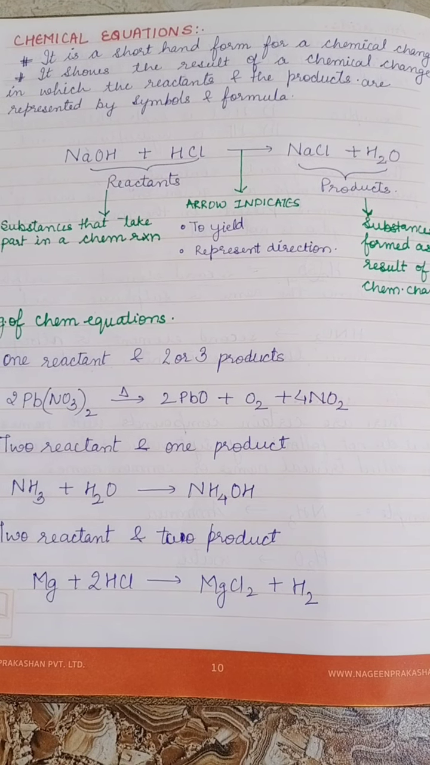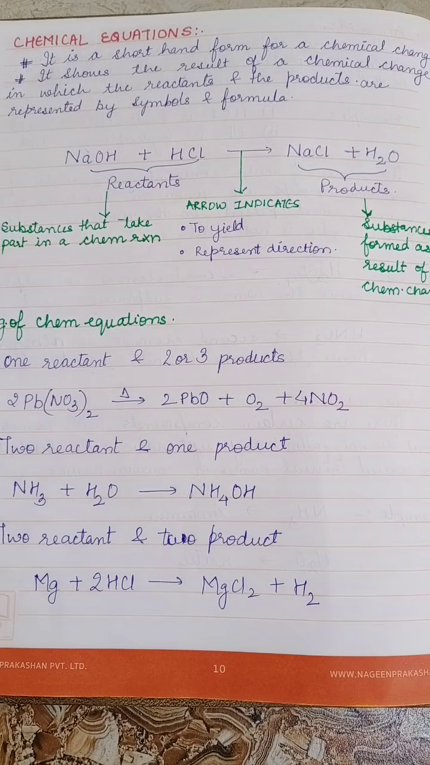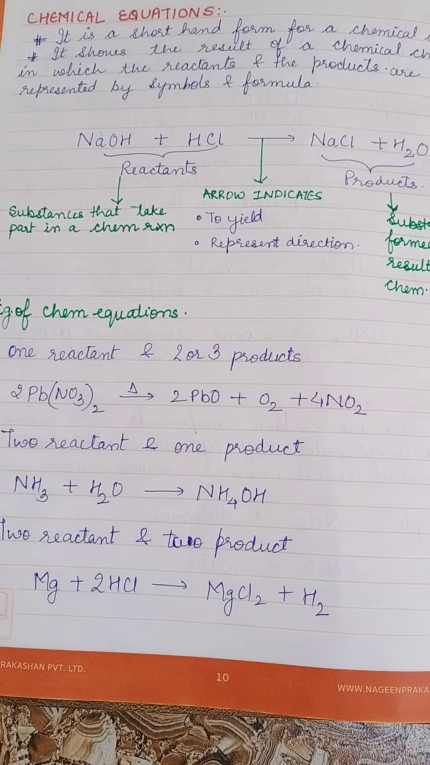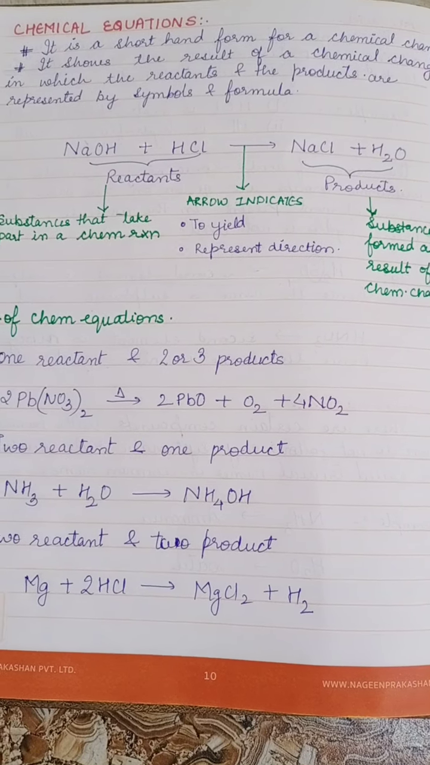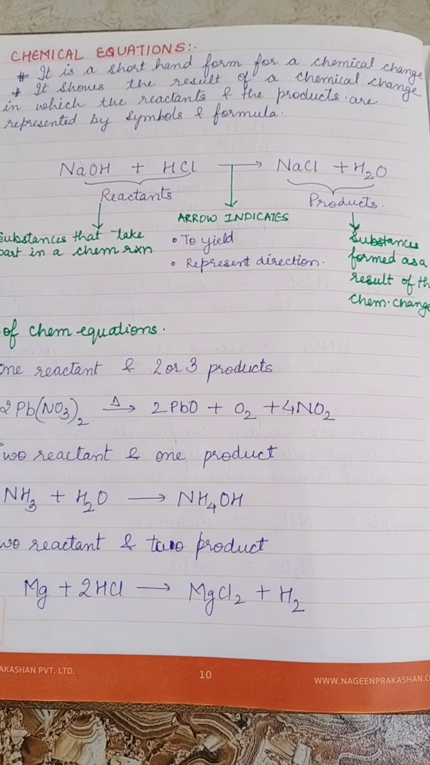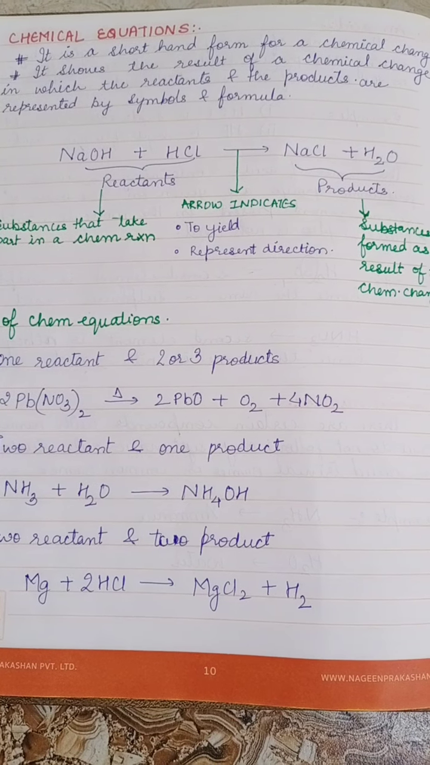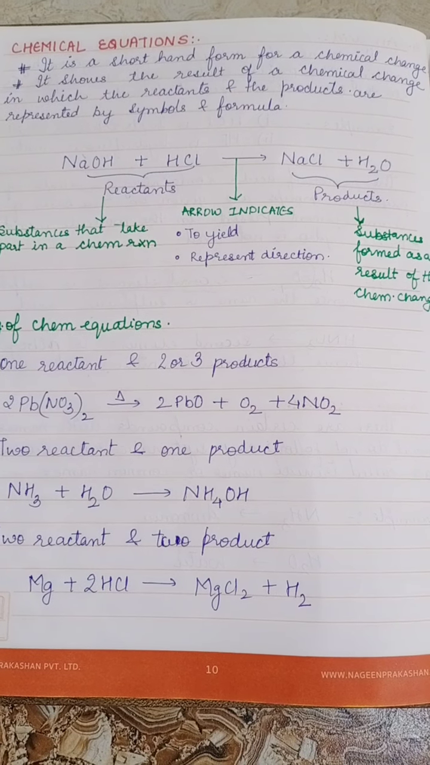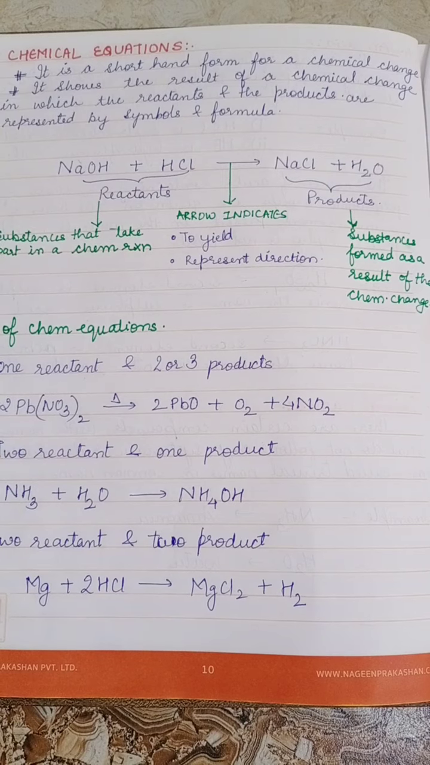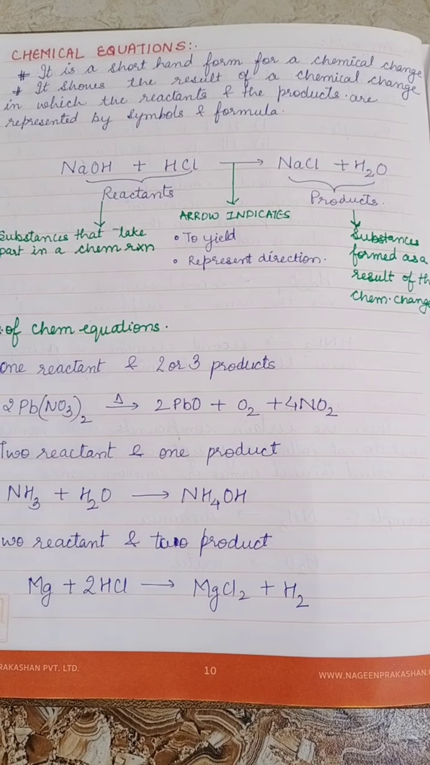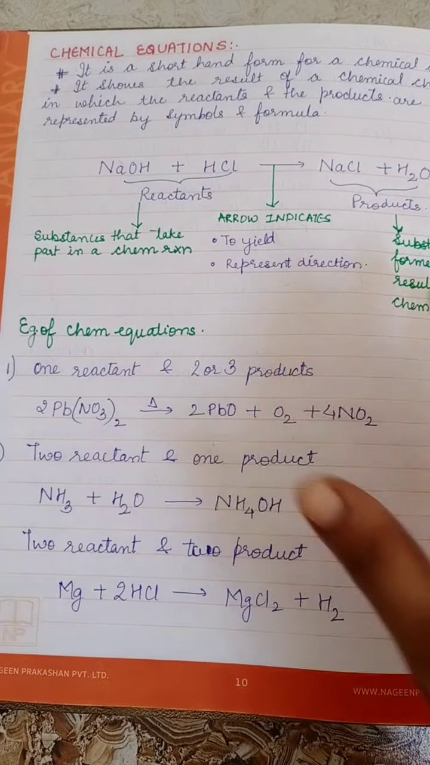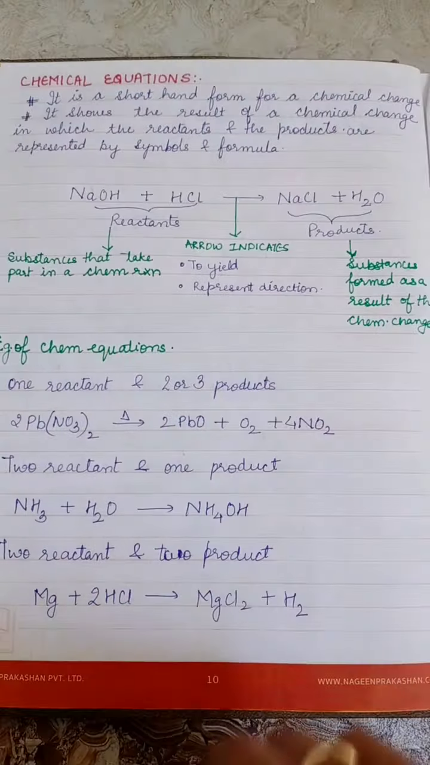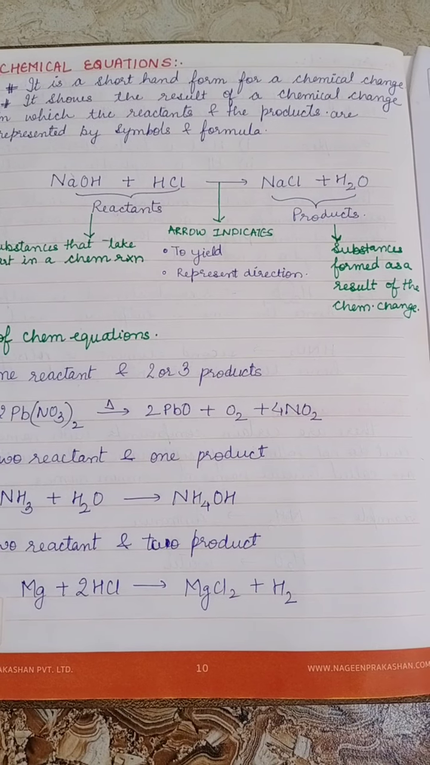Afternoon, children. Today we are going to start with the next part of the language of chemistry chapter, that is chemical equation. In the previous topic, the first topic of this chapter, was symbol. We have studied what a symbol is. A symbol is a short representation of any element. Similarly, a chemical equation is also a short representation of the chemical change taking place. This chemical change is represented in the form of an equation. It shows the result of the chemical change in which the reactants and products are represented by symbols and